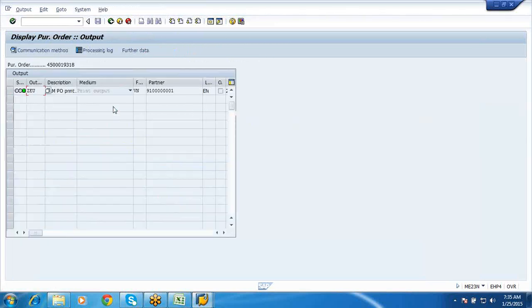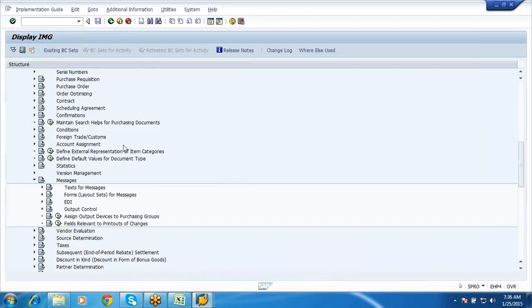Here you need to maintain whether you are going to print, whether you are going to send it through fax, external send, which is your email, or EDI. You need to maintain this output method in the system. This output method is defined in your message types.